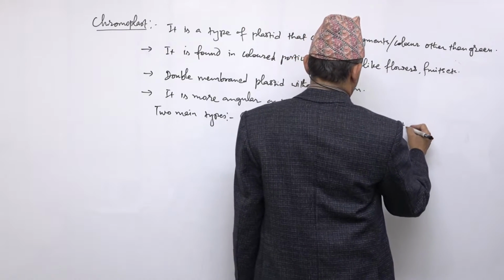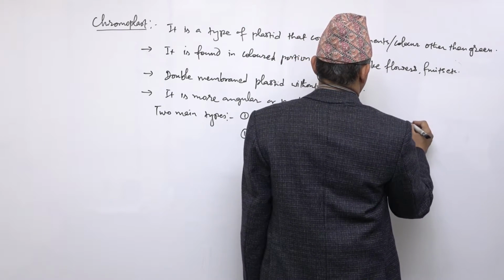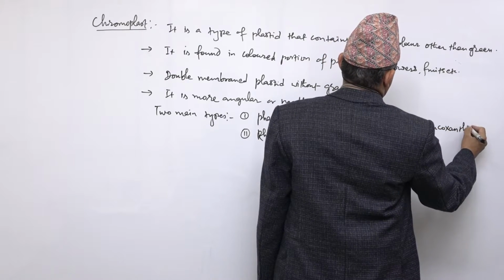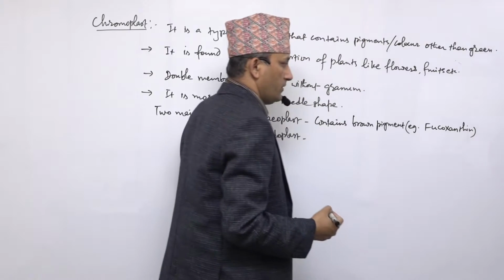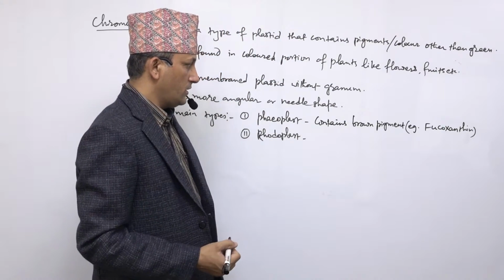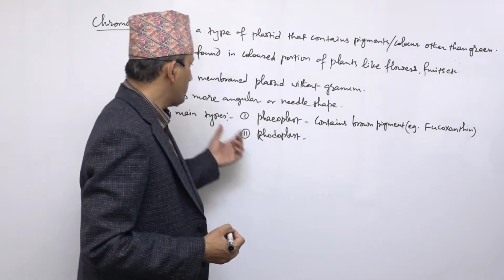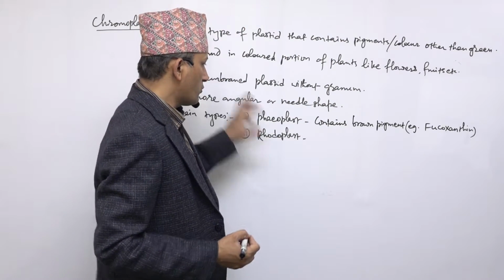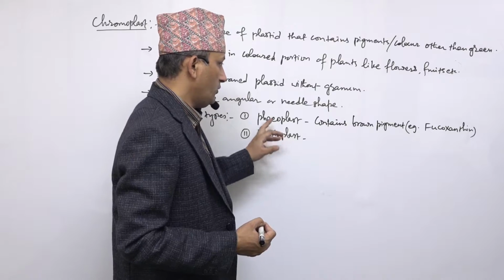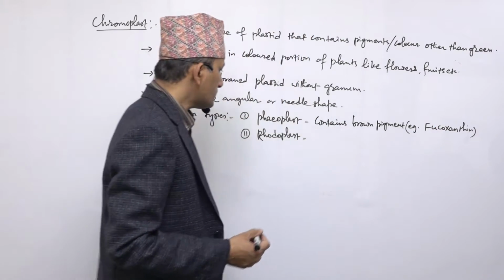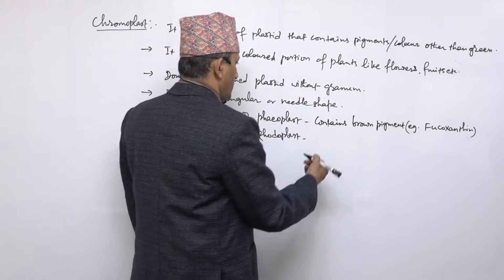For example, fucoxanthin. Fucoxanthin is the name of a pigment which gives brown color to the parts. That's why this fucoxanthin pigment is found inside chromoplast, and this chromoplast is known as pheoplast if it contains brown pigment like fucoxanthin. Likewise, rhodoplast contains